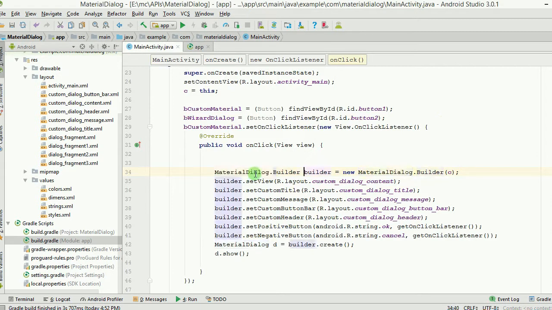If you pay attention, you can see that this is very similar to any normal alert dialog implementation in Android. So the author has made sure that the implementation is very similar to whatever you already know. It's just that the names have been changed, which is quite obvious, right? So here there's a view that has been set, and since set custom title, this library comes with different methods that you can utilize: set positive button, set negative button, and finally you create the dialog and show it, right? So this was about the normal dialog,